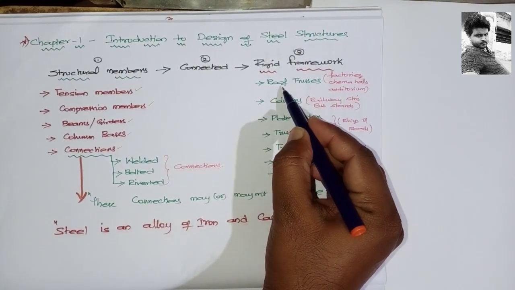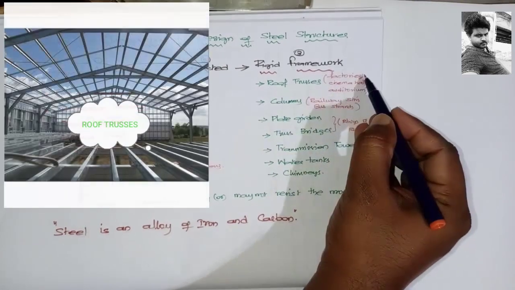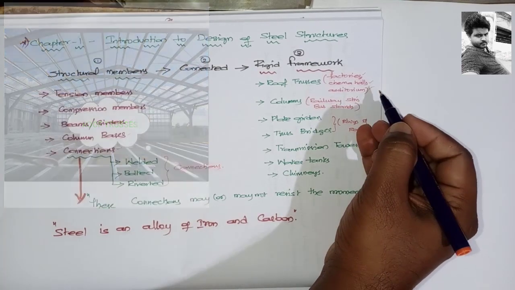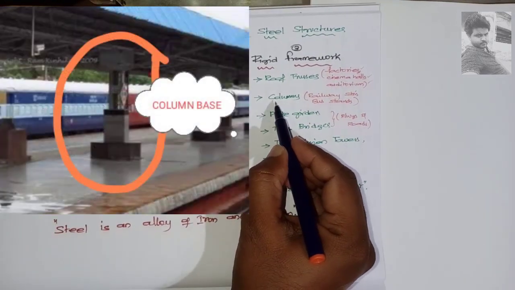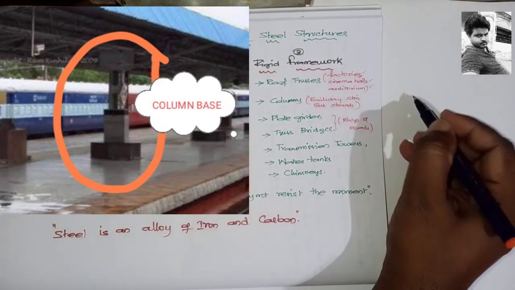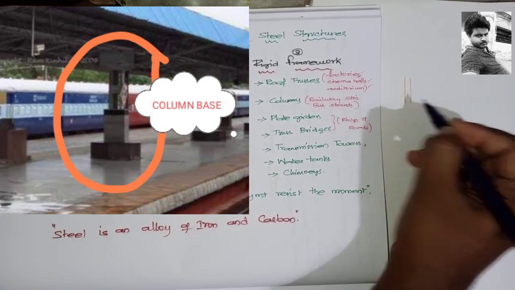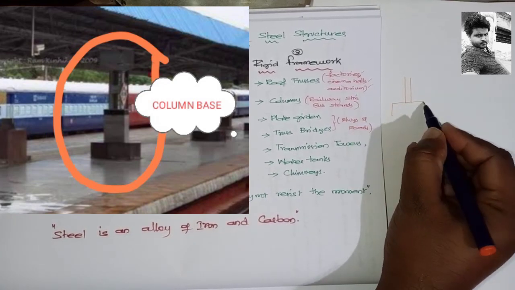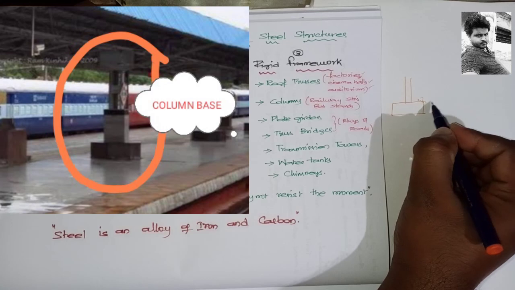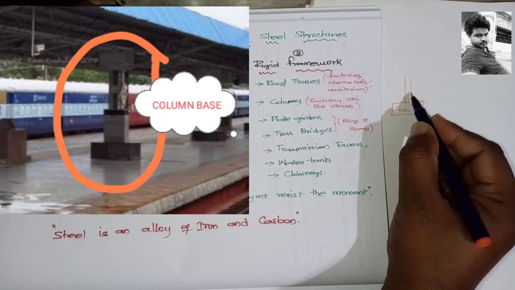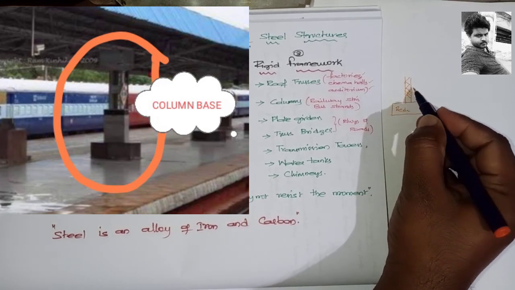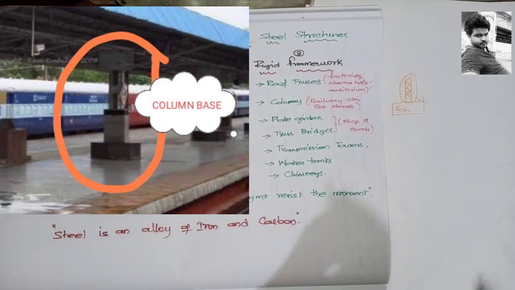So what are the examples of these steel structures? Roof trusses. Where can you see these roof trusses? In factories, cinema halls, indoor stadiums or auditoriums. Next, columns. Where can you see columns? In railway stations and bus stations. I am drawing here: for a steel column there will be a pedestal. If you go to a railway station, where you sit, these are nothing but pedestals, and these are columns. You will have some extra connections to make this column a whole structure, a built up member.